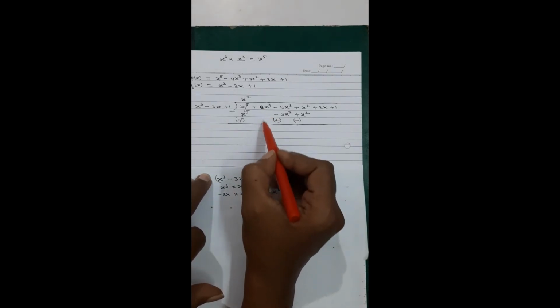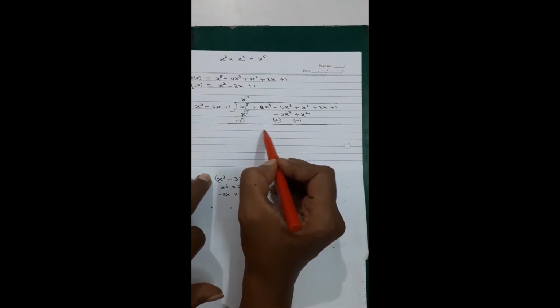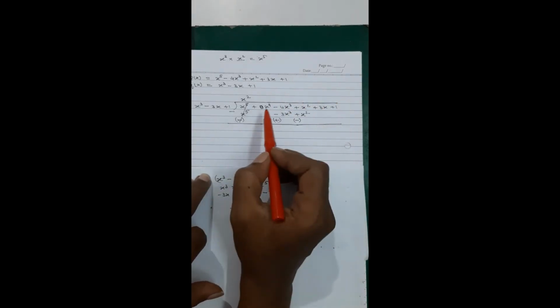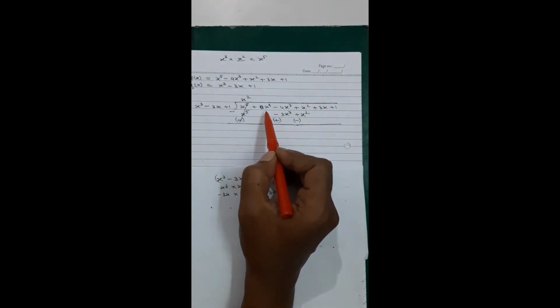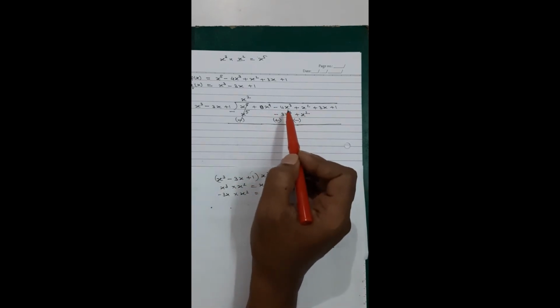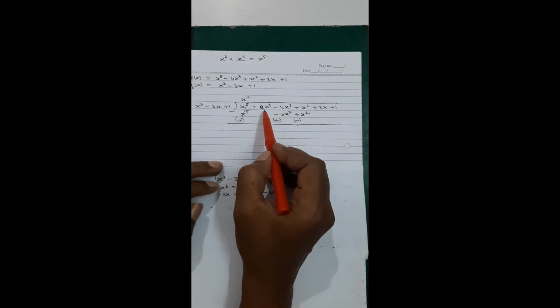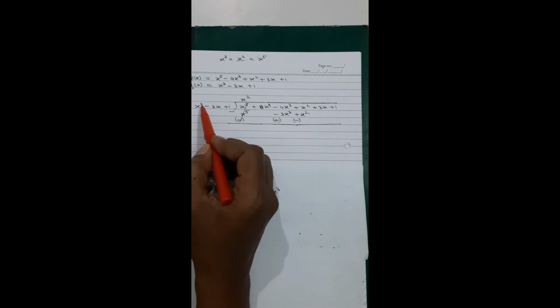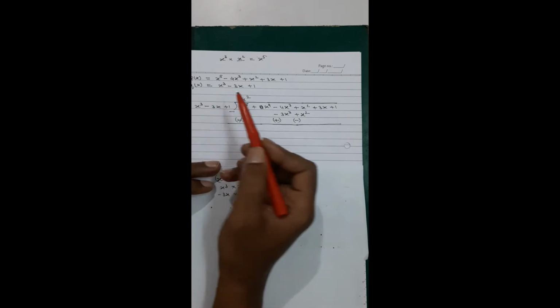Now if I drag this down, the first term will have a coefficient 0. In that case we don't require this. Ideally speaking, this is the way to solve. I knew that this will not be required because here we already don't have x square. When we don't have x square, x square into x square would give me x raised to the power of 4.